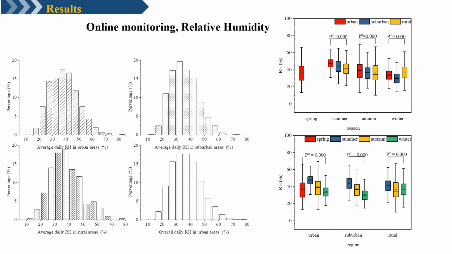The next is relative humidity. The indoor daily average relative humidity ranged from 10% to 77%, with an average value of 37%. The same as indoor air temperature, the indoor air relative humidity also had the highest value in summer and lowest in winter. It's interesting to notice that in winter, indoor relative humidity in rural classrooms was significantly higher than those